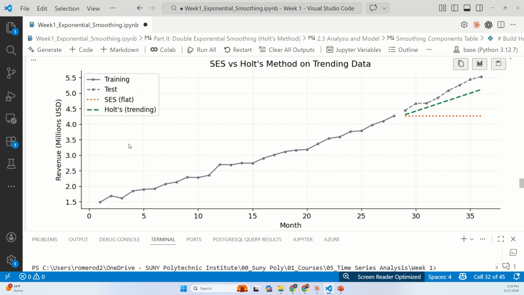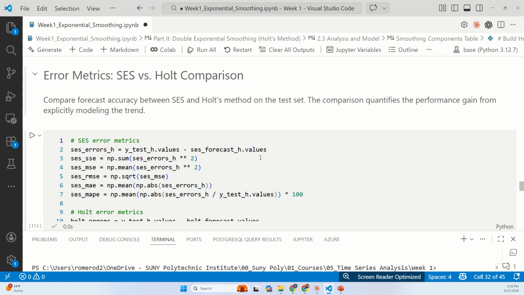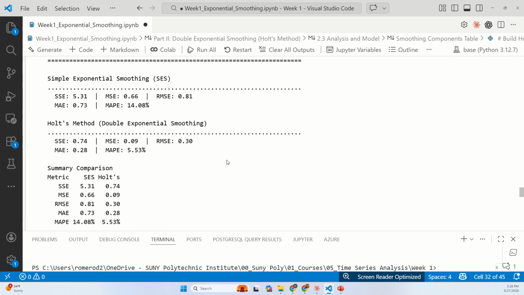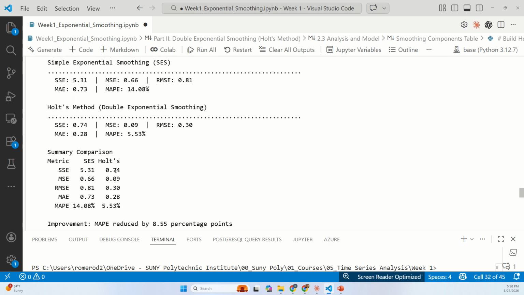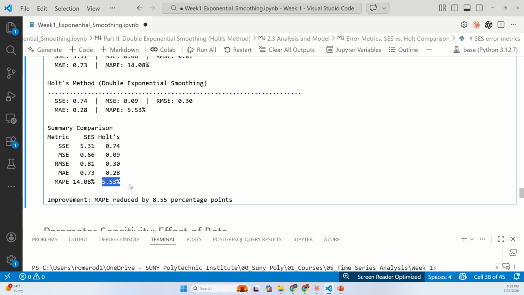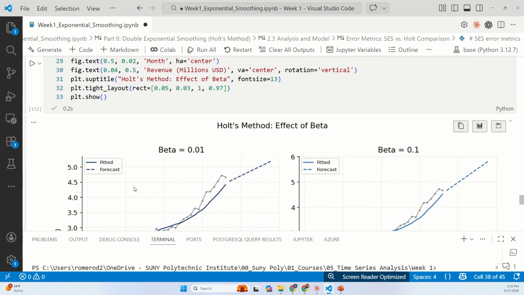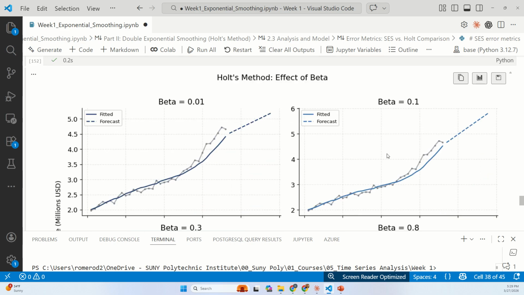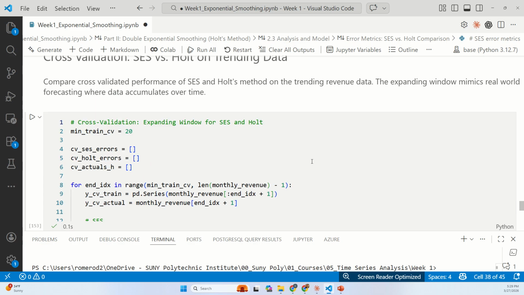All right. So once you have your method, you need to evaluate it. Of course, here you can compare it if you want with the simple exponential smoothing. It doesn't make sense because there is a very clear trend. So of course, the double exponential smoothing is going to be better. That's very clear. When you measure the errors here, you will see that for the whole method, the MAPE is 5.5%, which is better. You can see the sensitivity analysis for beta, what happens when beta changes,